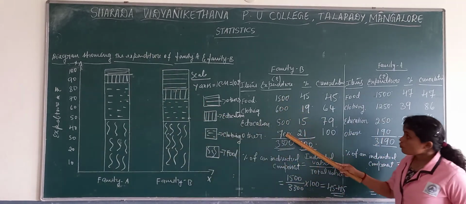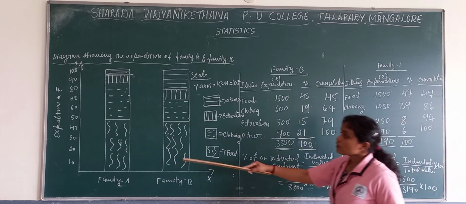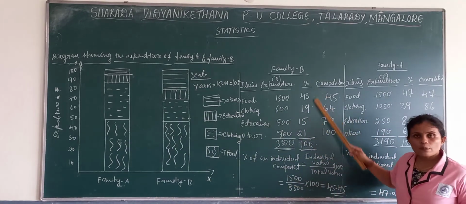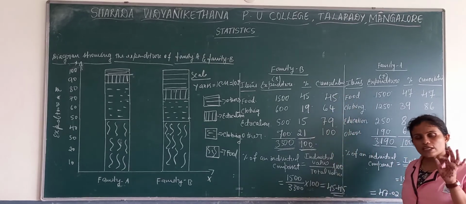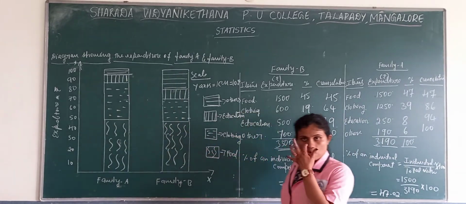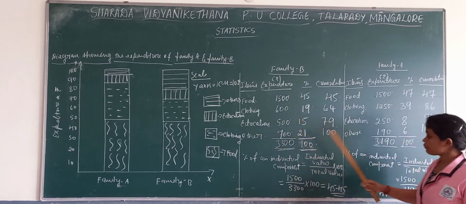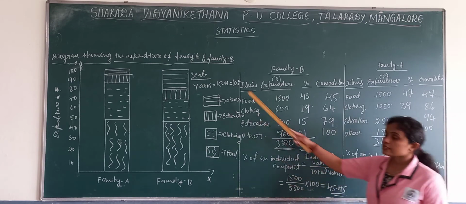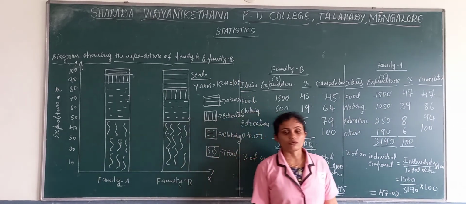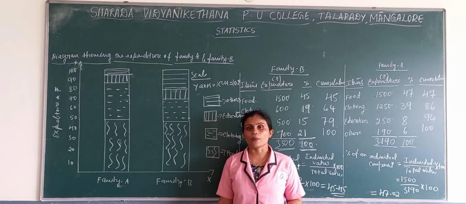Then these values only we make cumulative, 1500 plus 600, and locate here. But in case of percentage, the difference is we need to take percentages. Then we make the cumulative of those percentage values. And here the total is always 100. That total is the length of the bars. So with the percentage bar diagram, we completed all the kinds of one dimensional bar diagrams.